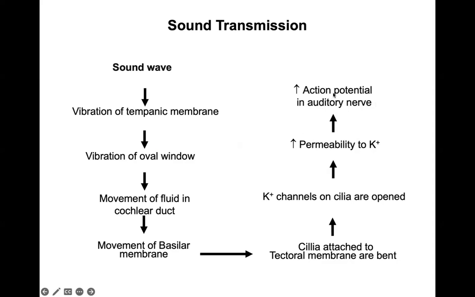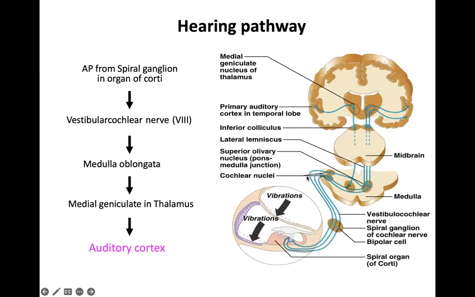Okay, so this is the big picture summary. You can see this is the hair cell that we're talking about. When you have the movement of the basilar membrane, the hair cell bends, and this is activated, you activate the nerve. And where does the nerve go? The nerve will then, from the inner ear,